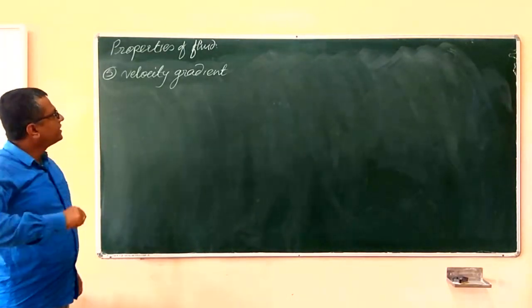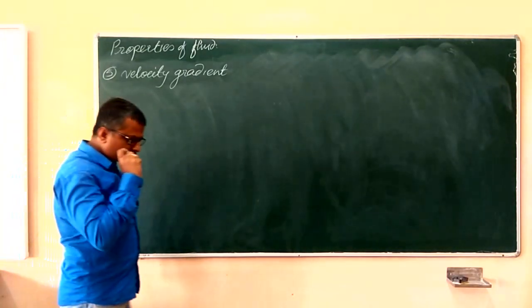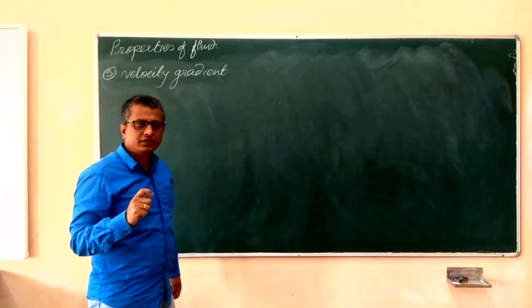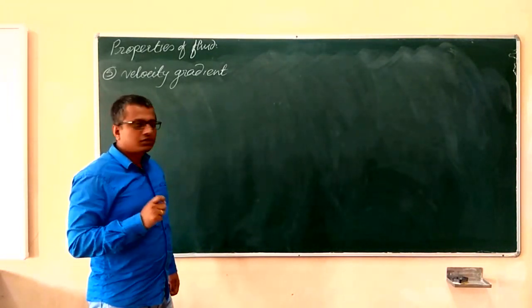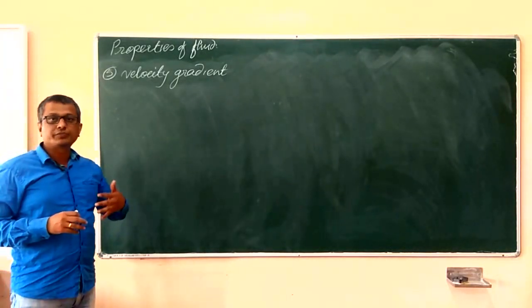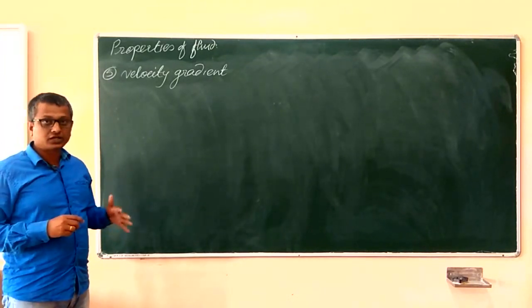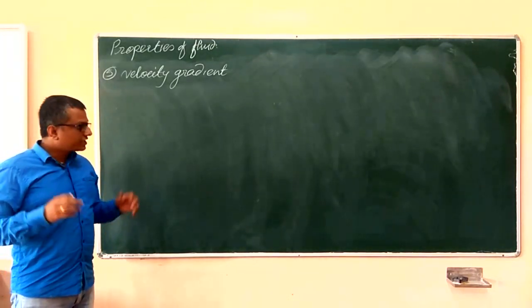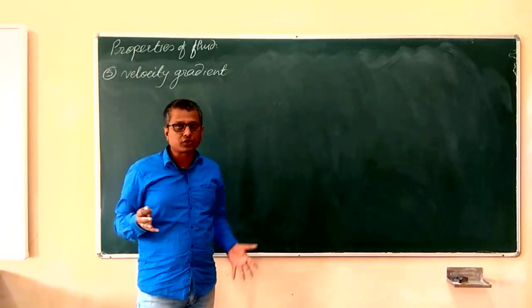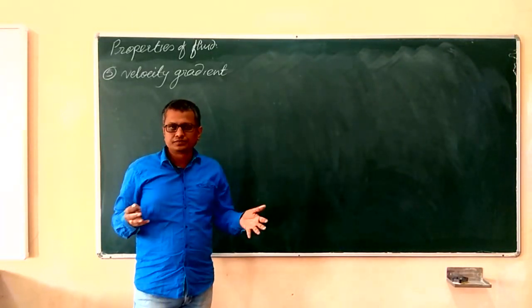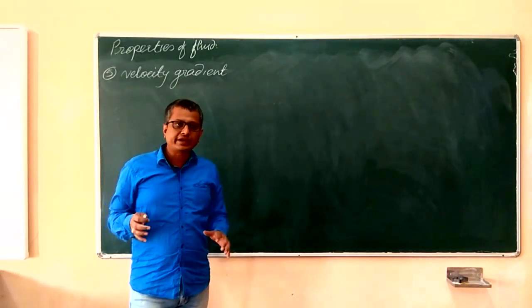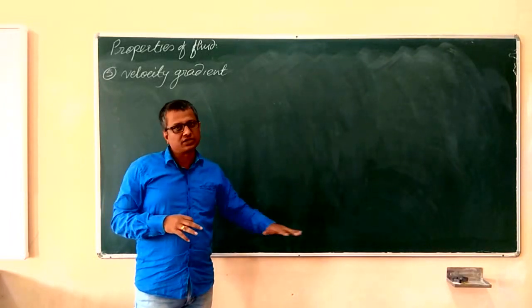This term velocity gradient is defined as the change in velocity per unit change in distance of the fluid particle from the fixed layer. Now it will be a little difficult to understand that, and for that I would like to explain one of the behaviors of the fluid while it is flowing, and that too on some solid surface. Take one case, some oil or any thick liquid, typically thick oil, and if you pour that oil onto a flat or inclined surface, you will find that the oil is flowing smoothly over that inclined surface.